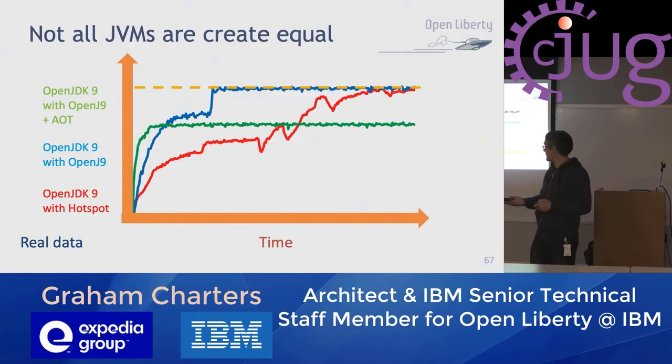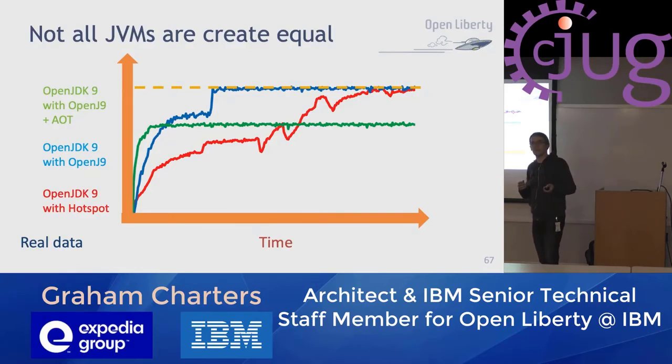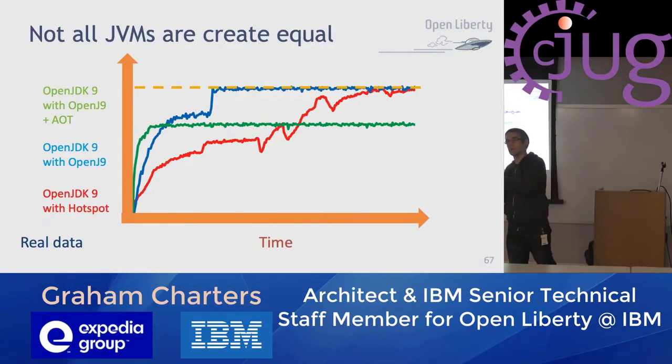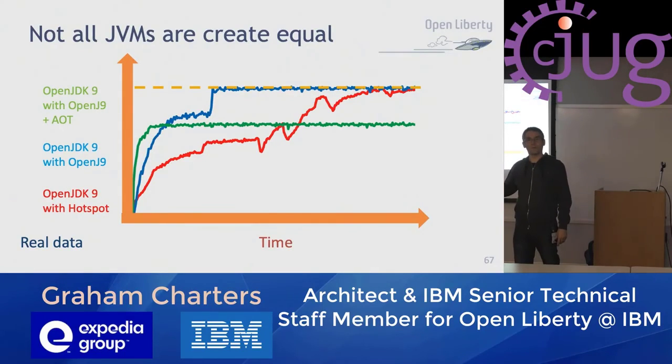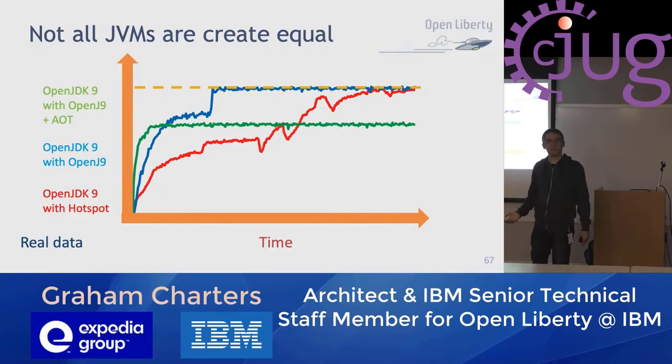And so what we found, which was quite nice from an IBM Java and therefore OpenJ9 perspective, is that when we do measurements, we can see that compared to Hotspot, OpenJ9 actually has really good runtime characteristics for cloud-native applications. If you deploy a microservice to a cloud, quite often you're charged based on memory footprint, so you want it to not use very much memory. If you deploy a service to the cloud and it's maybe a short-lived service, you want it to start quickly and be available very quickly.